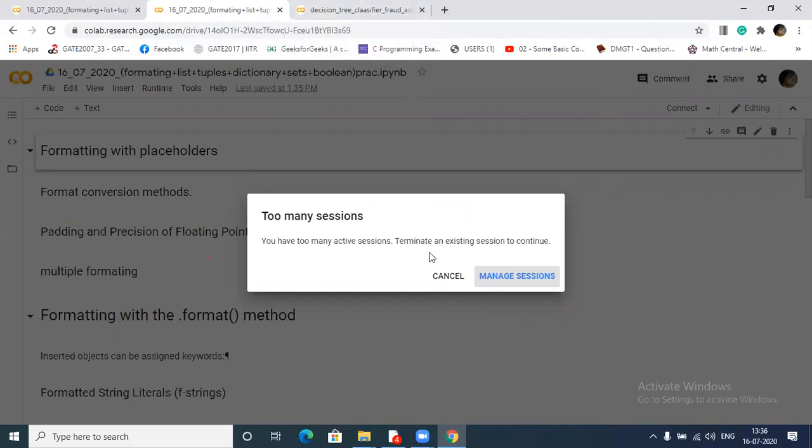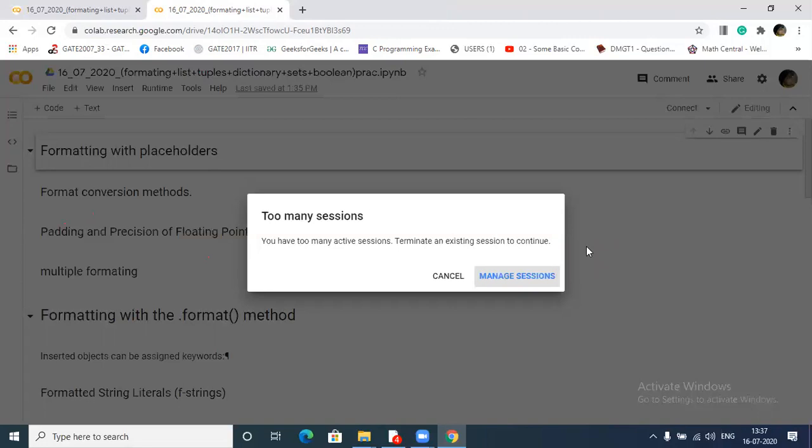To have an active session, terminate your existing session to continue. One minute, someone is saying. Nikhil S for I am S. Yeah, exactly, Nikhil.